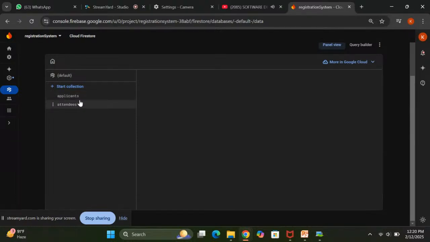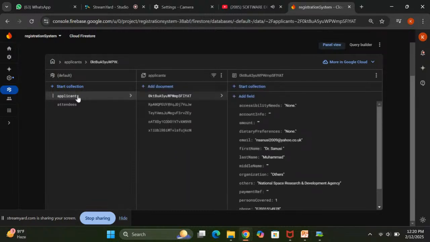All right. So let me open the collection of applicants. Inside the collection of applicants, these are the applicants. Then we have what we call documents. So for each collection of a particular data relating to that applicant, we call it a document. So inside this document,